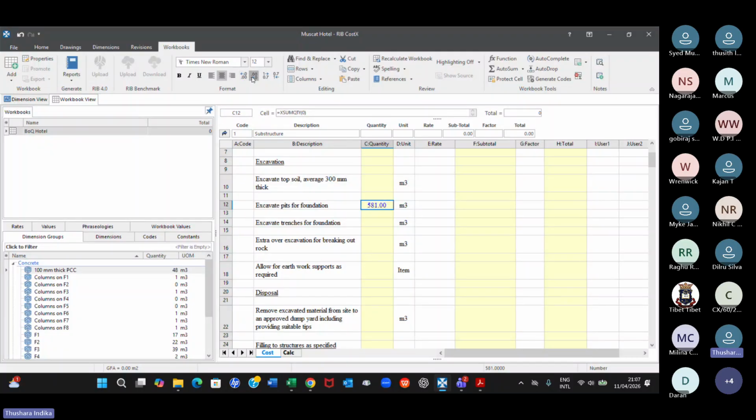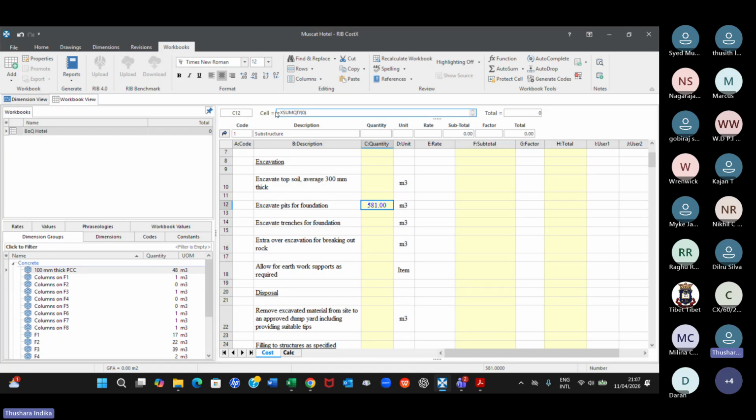Decimal. But I will show you how to set the decimal here, whether you need in decimals or you need in round numbers. Give me a second. I will explain that. As far as the workbook is concerned, there's a default setting. So you can stick to the default setting at the moment, but individually you can change the decimal figures, right? And you can see